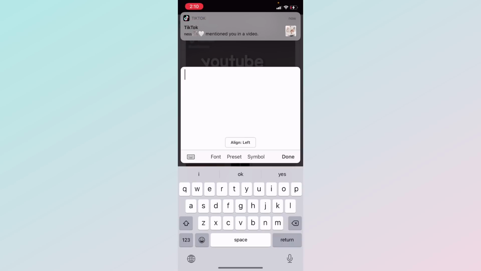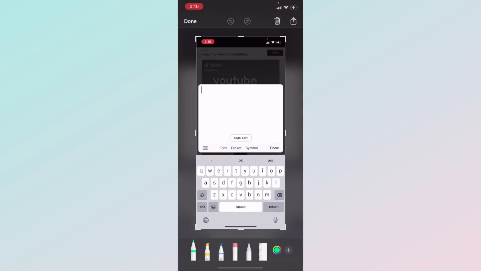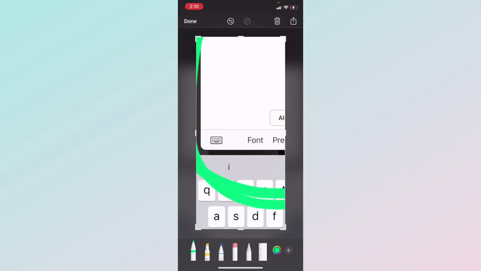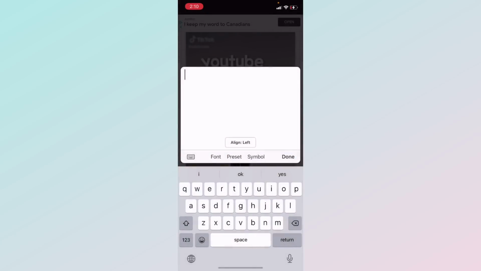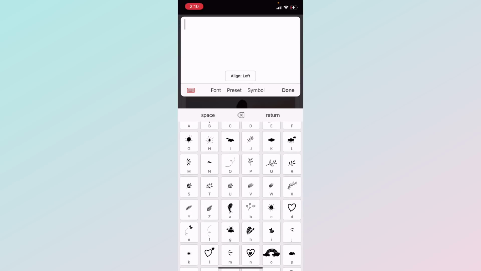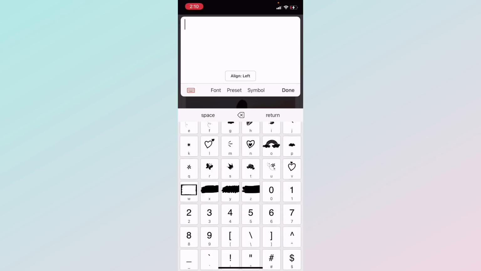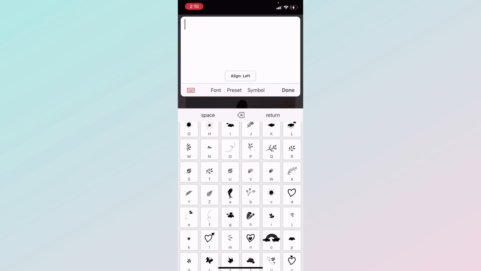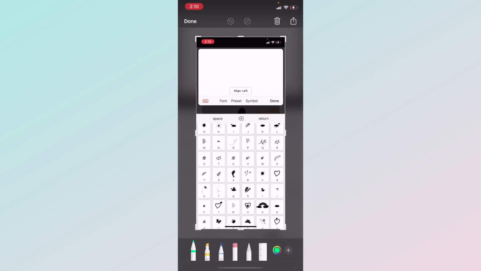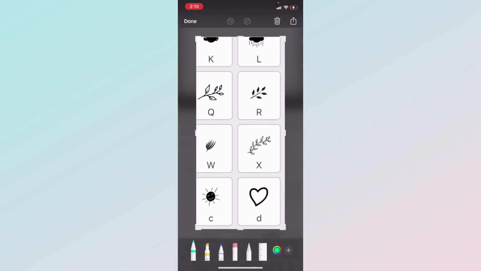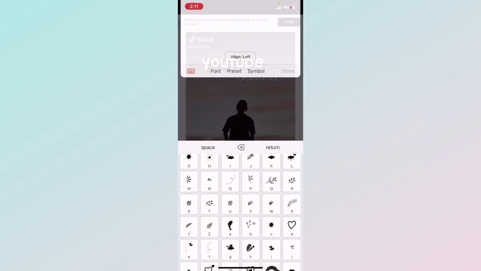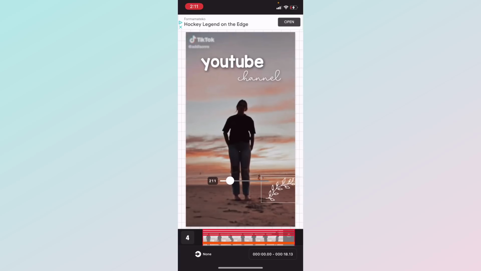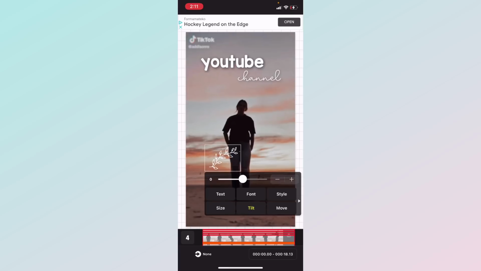With the new Font, where you type your text, there's this little keyboard icon, so you're going to click that, and then scroll through these little icons and just tap whichever one you like. I do X, this one, which is letter X, but I just like to tap it from here, and then it appears, and then you can size it, which is really cool. And you can also adjust the